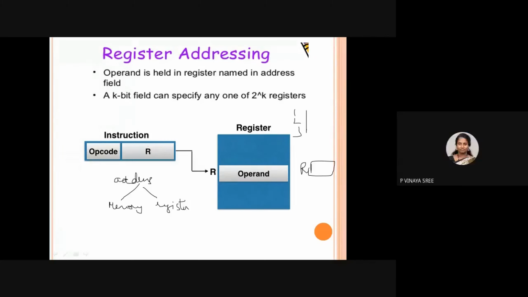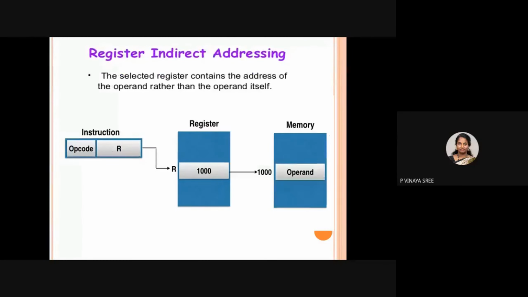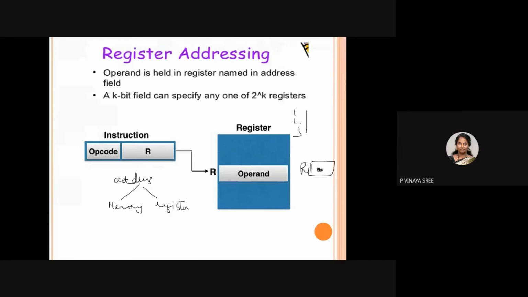Inside the register set, you will be getting an operand. So that is register addressing mode. You have an instruction format with an opcode and an address, and inside the address a register is specified. You go to that register set, and whatever content is inside is the operand. Now concentrate more. What we just discussed is register direct addressing: direct indicates that if you go to that register, you get an operand.